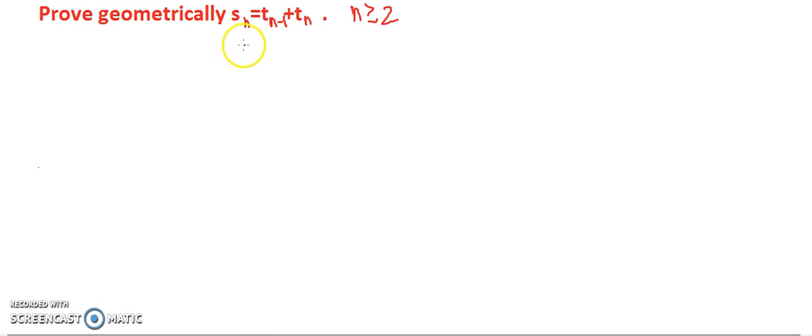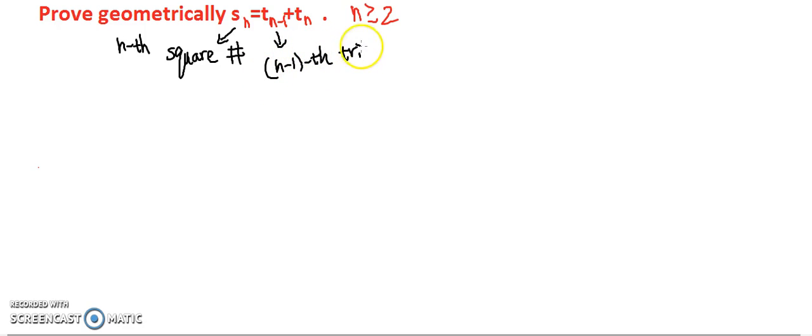Prove geometrically S_n equals T_{n-1} plus T_n for n greater than or equal to 2. S_n here represents a square number, and the subscript n represents the position, so it's the nth square number. And we talk about the T before triangular number. So T_{n-1} is the (n minus 1)th triangular number,